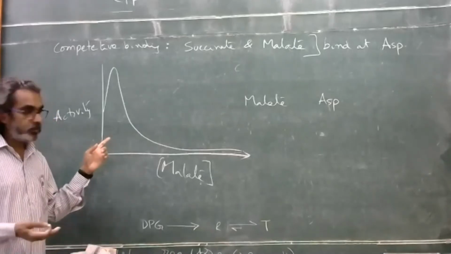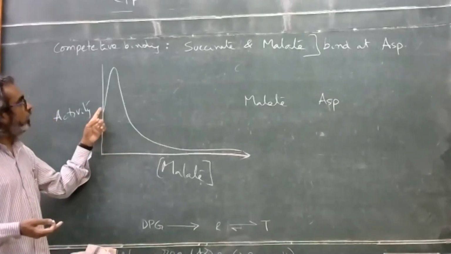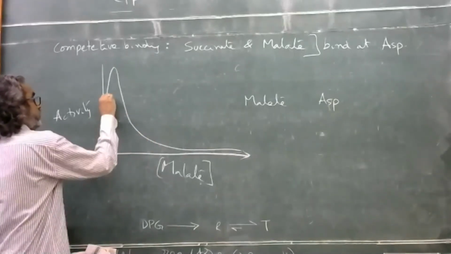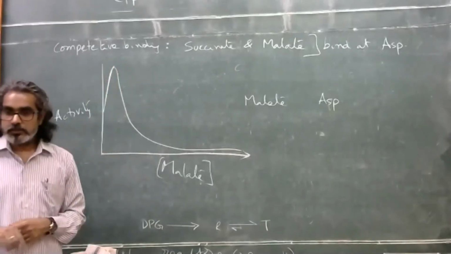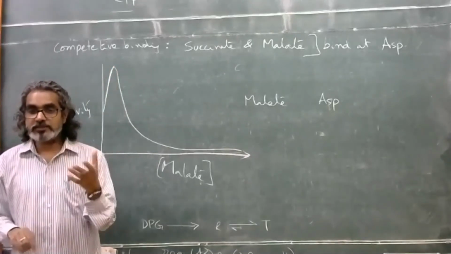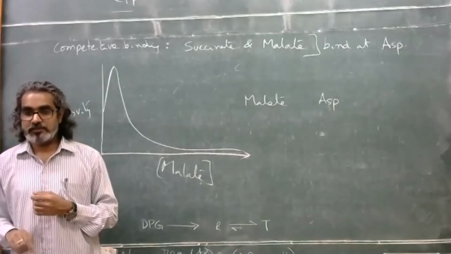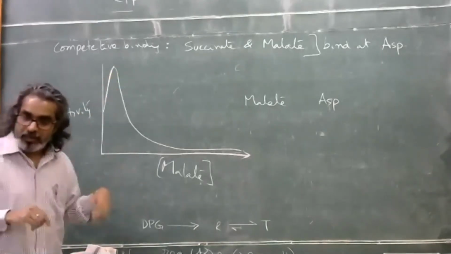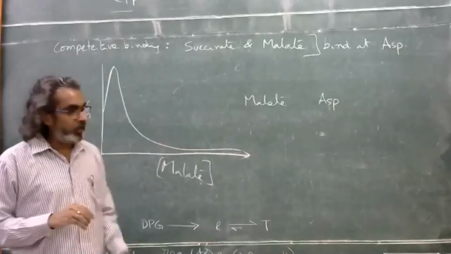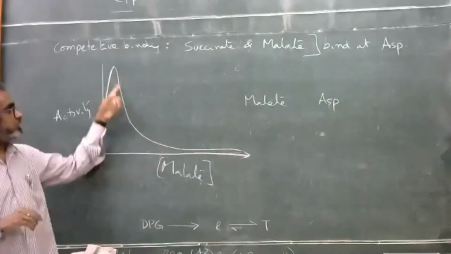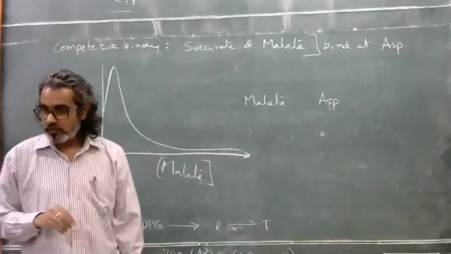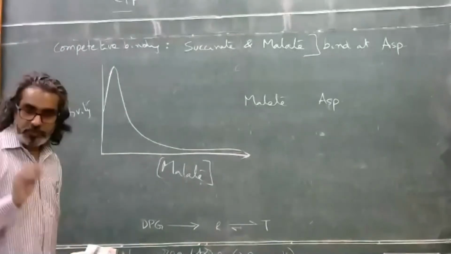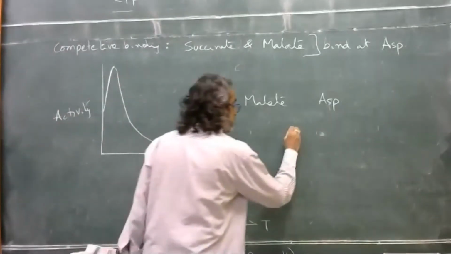But it's counterintuitive here. At small concentrations of malate, the activity actually shot up. Somehow having small malate actually enhanced aspartic acid binding. And then it reached a maximum. But if you add more and more malate, now it is acting against aspartic acid and the activity is less. Okay, so this is a very important behavior. Again, it exemplifies our R versus T.